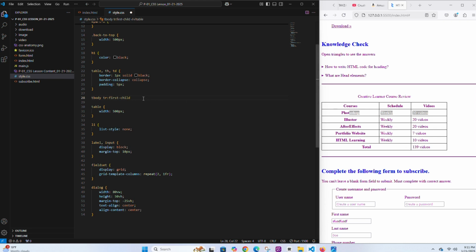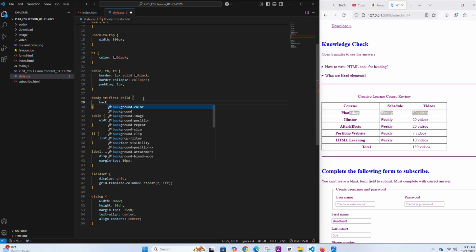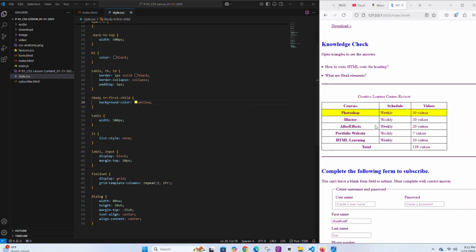So if I type it like that, what if this time we change the background color to a little bit yellow? So that will be a little bit yellow. If I save it, now you can see that the pseudo selector is useful in a table element. If you want to repeat it for the next element, it is the same thing. We're going to repeat it with the pseudo